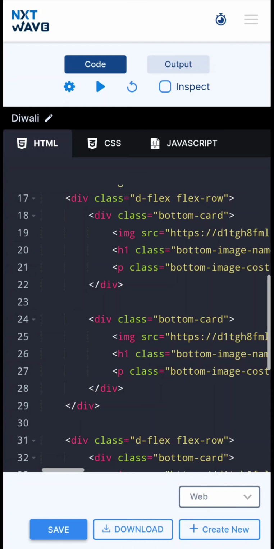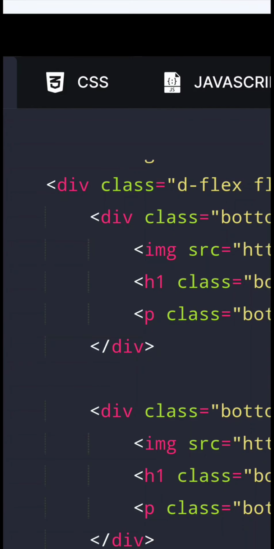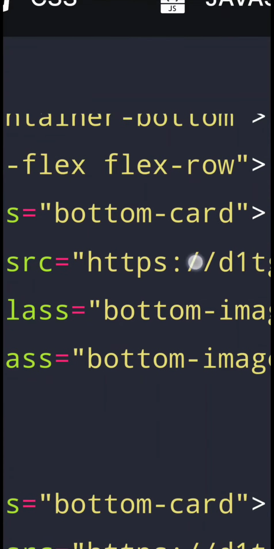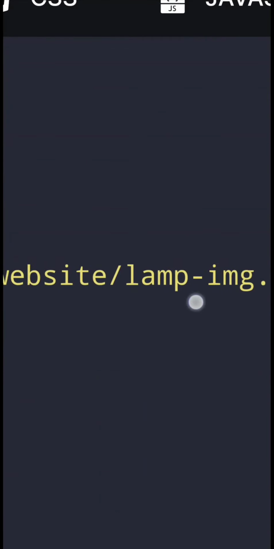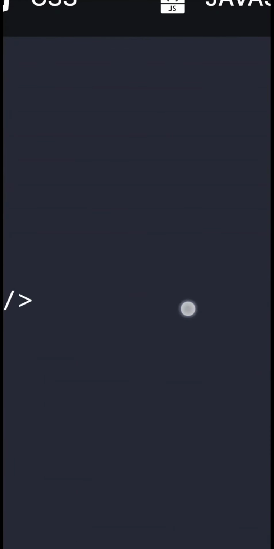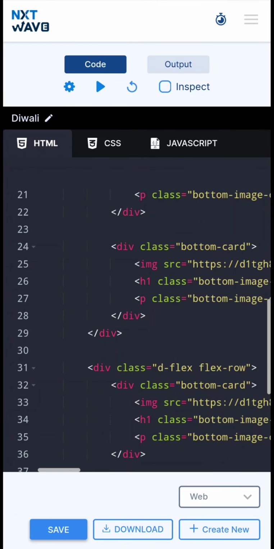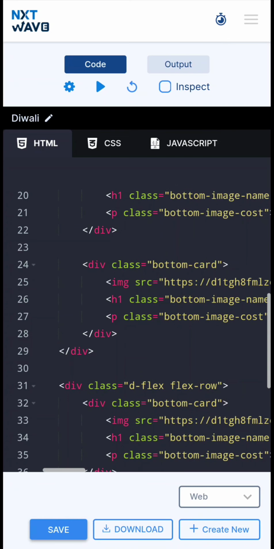The syntax is: angular bracket img space src equal to, in quotations, URL of the image, and a slash, and next angular bracket. Now next in the same container we add a main heading, and next a para. We give the item name as the main heading in the card and the item cost as the para.